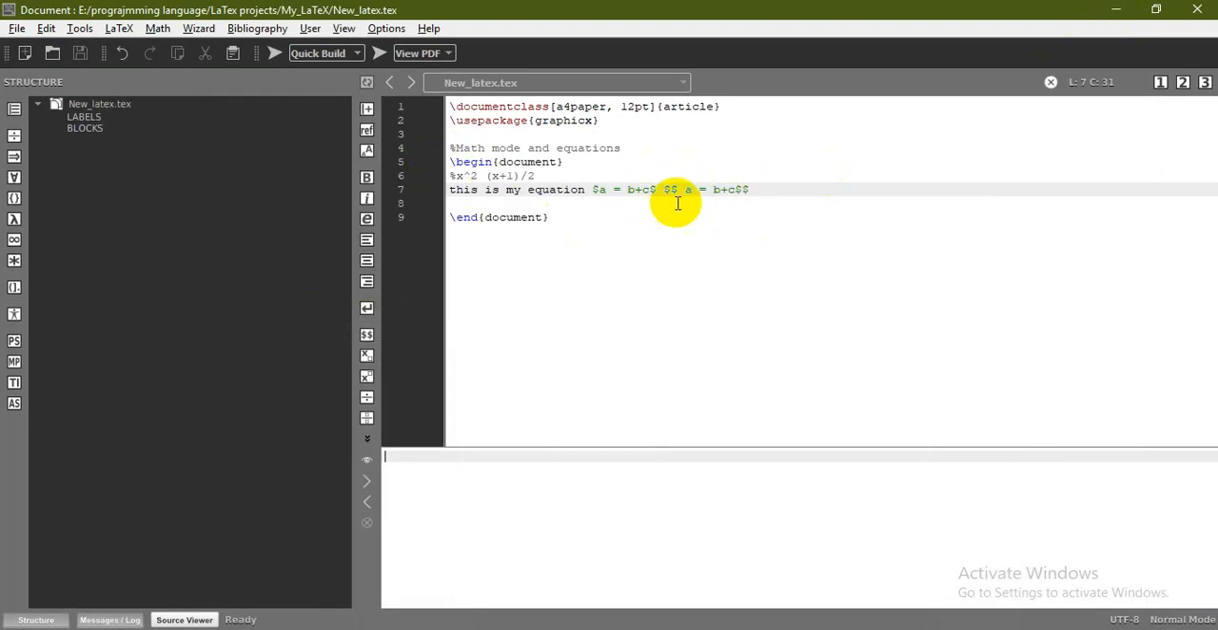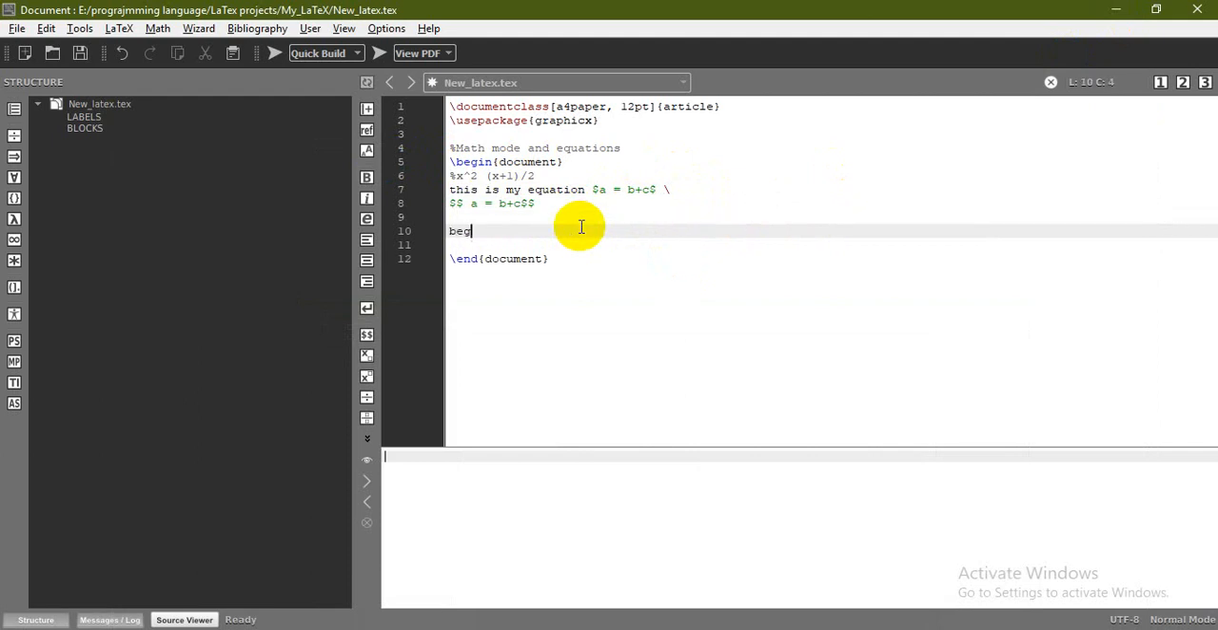Now, the next method of writing the math mode is by using begin equation and begin eqnarray. Let's start with begin equation. So here is begin equation, and it ends with end equation. Now you can write here A plus B. You write A equals B plus C,